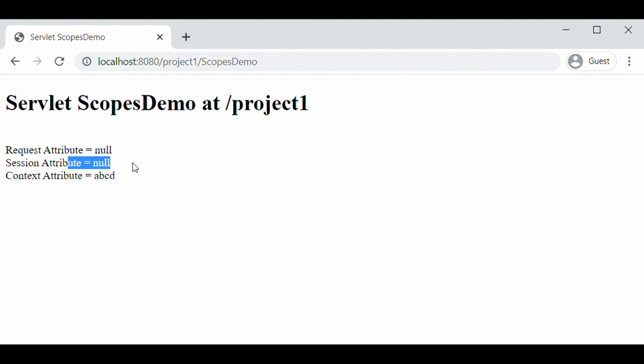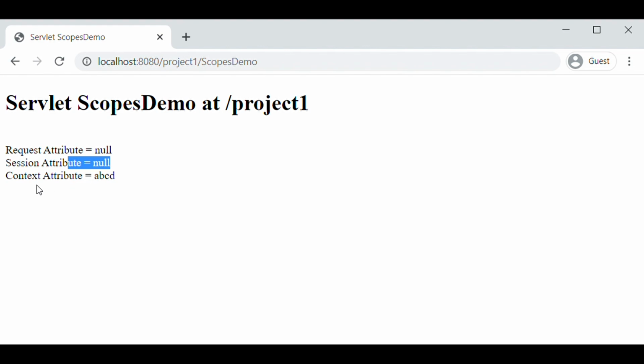But currently we are running our code on Google Chrome, so this is a separate browser and a new session. That is why this session does not contain the session attribute that was set in Firefox.